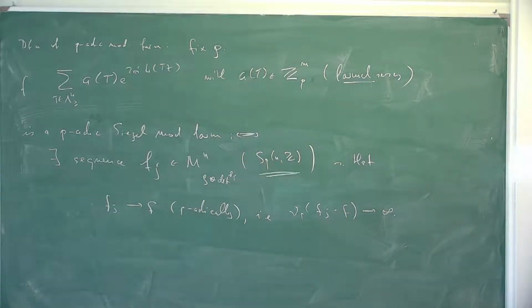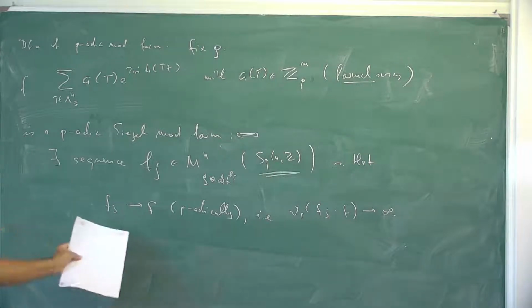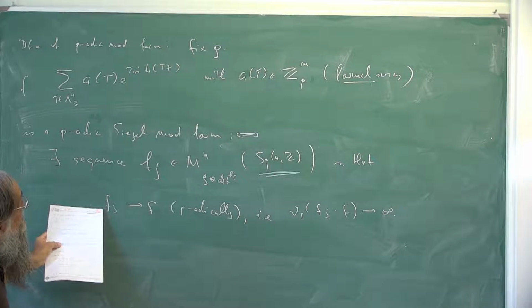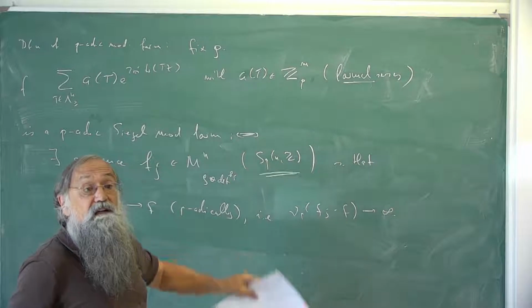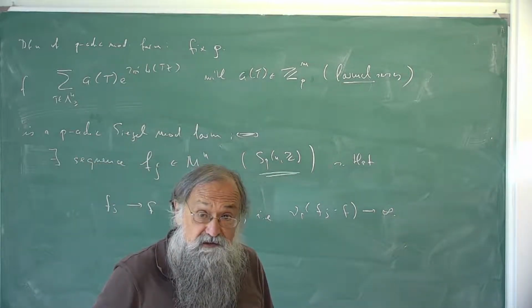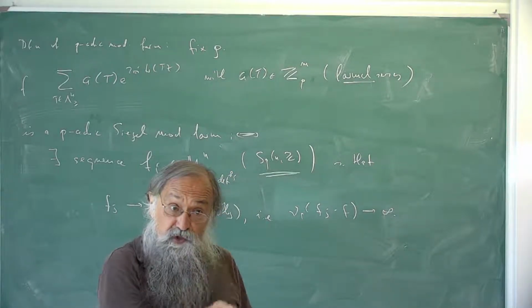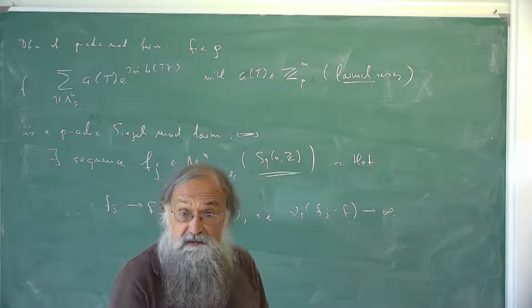So, in other words, if you go to a fixed Fourier coefficient and one component of it, then these components of the fj converge p-adically to the corresponding component of a of t. But all of this happens uniformly in the Fourier coefficients. That's important. It's not that for each Fourier coefficient you have such a p-adic convergence, but you have it